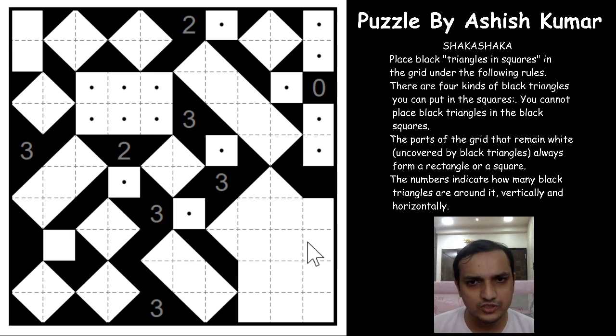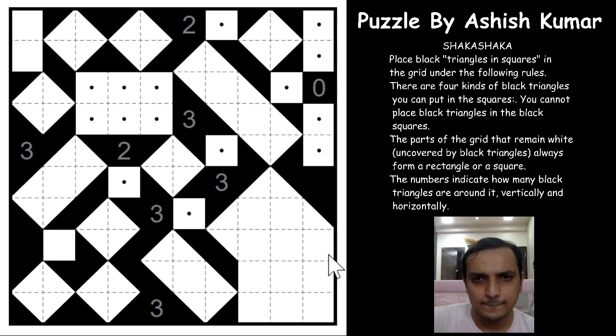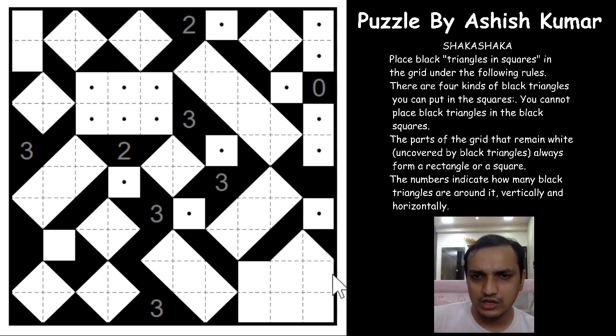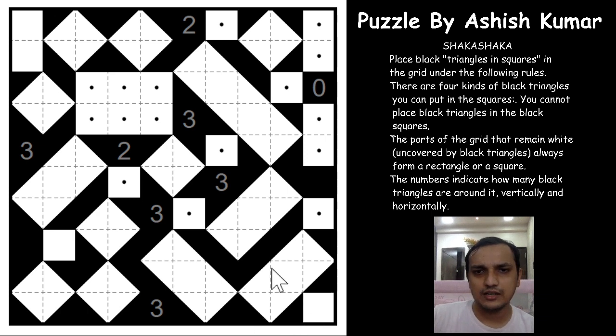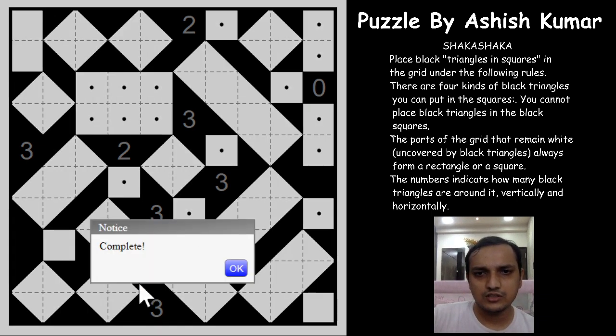And now to finish the puzzle, if I extend this triangle here, it has to extend and continue to form a square, but we have an L shape here, so that means this cannot be continued this way, but we have to close this, and this is unshaded, so again this has to be shaded, right? But should we continue this triangle further or just stop it here? If we stop it here, we again form an L shape here, so we just continue and form a rectangle here. So if you see, we have completed this puzzle.